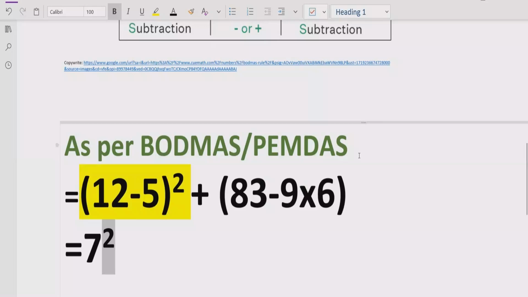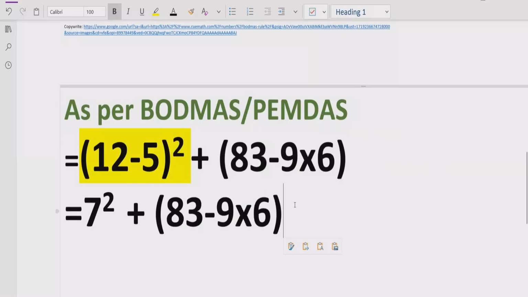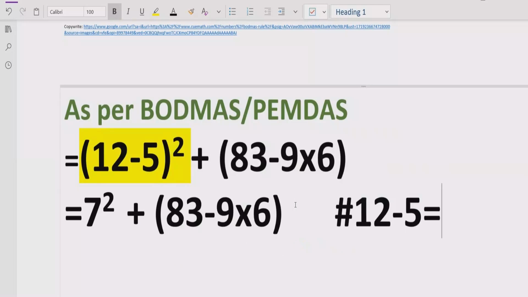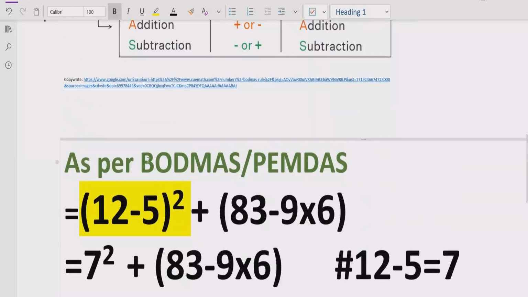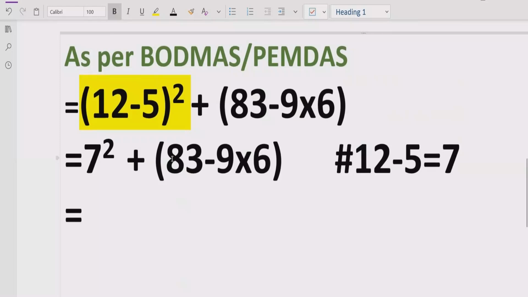So we will write it this way. Now this part I'm writing as it is. So here we will write it this way. Okay, and now we will give the reference here: 12 minus 5 equals 7. Now we have here the BODMAS rule. We have to solve the bracket first. So again, we will solve the next bracket. Now this we will solve. And we can solve this one as well. But according to the BODMAS and PEMDAS rule, we have to solve all brackets first. So we will write this part as it is, or we can solve simultaneously.